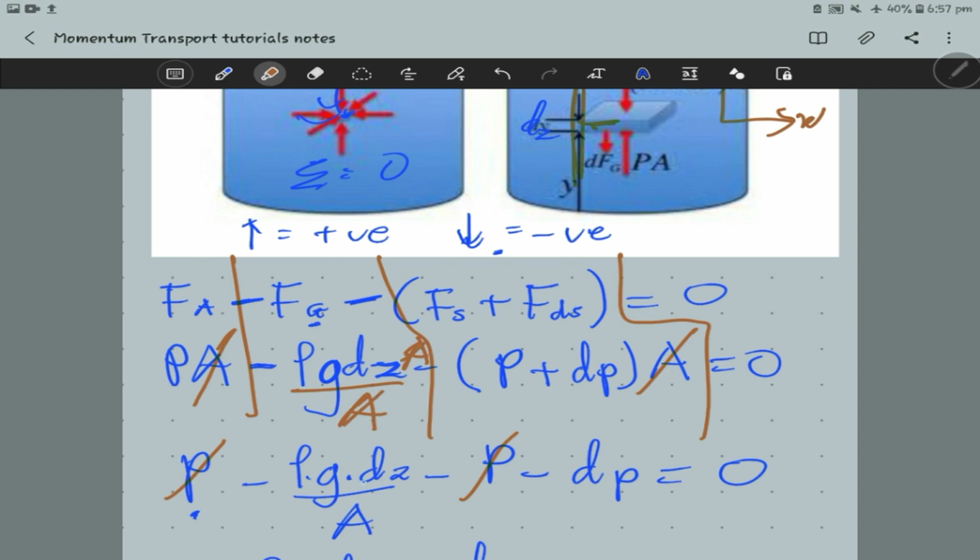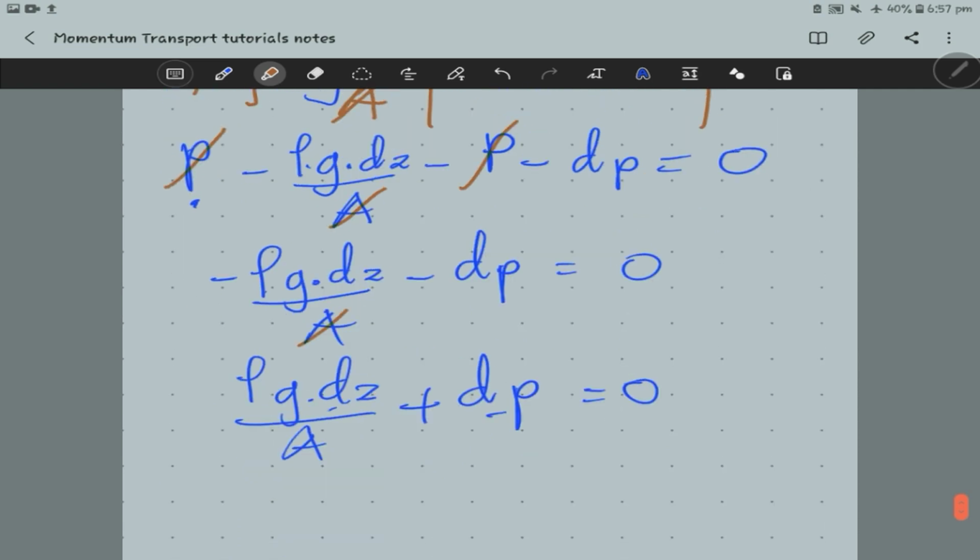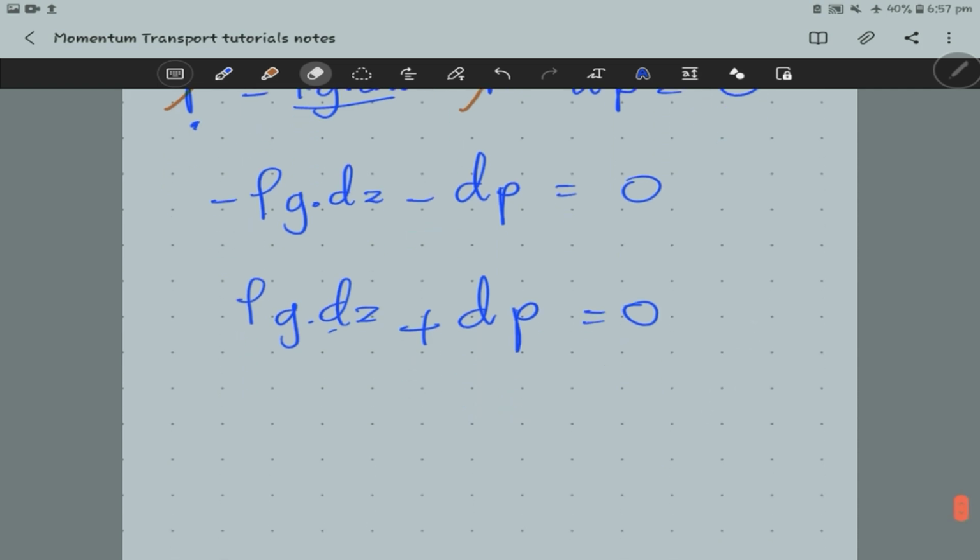So this cancels this out. That means that we don't have an A here, right? There's no A here, and there's no A here. So we can simply take them out. Okay. So now that we have this, we are trying to find the difference in pressure, right? So that will mean that if our aim is to find the hydrostatic equation,